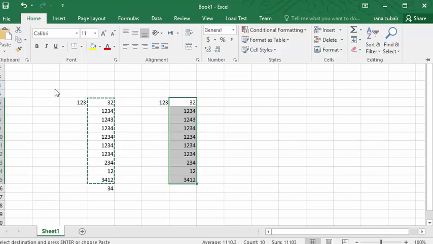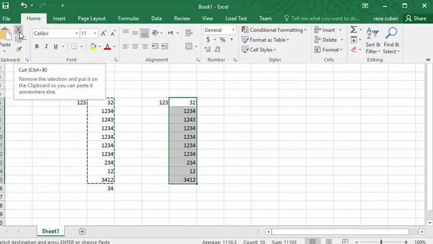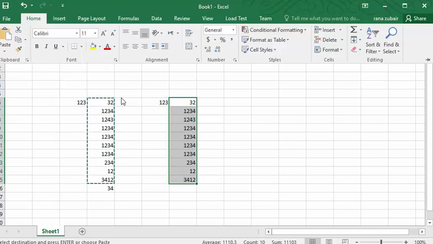There are also shortcut commands, you can see them. Control plus C means press Control and C to copy, to paste press Control plus V, and to cut press Control plus X. Let's do it.